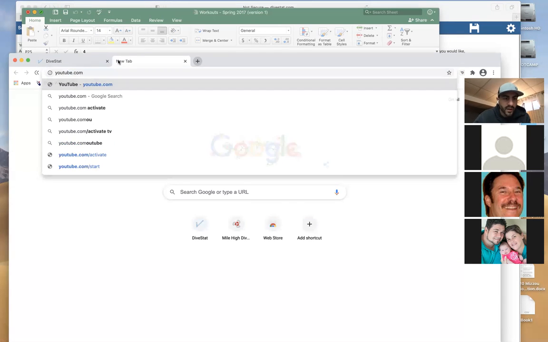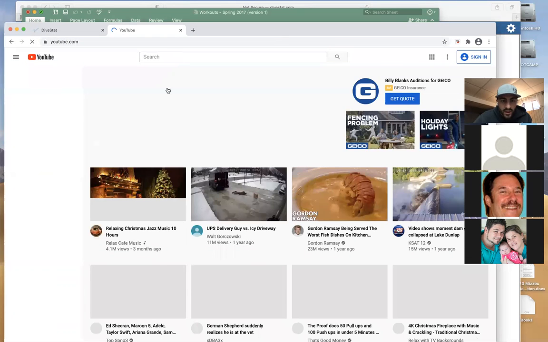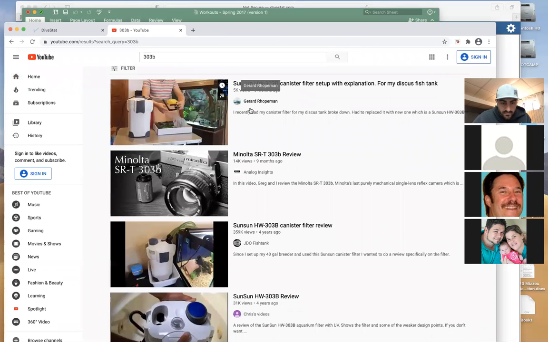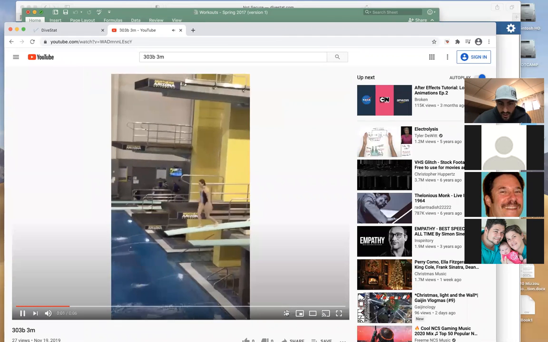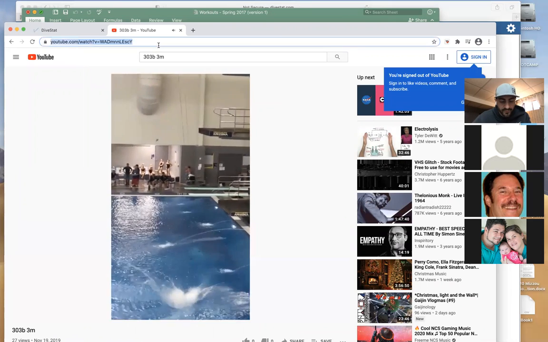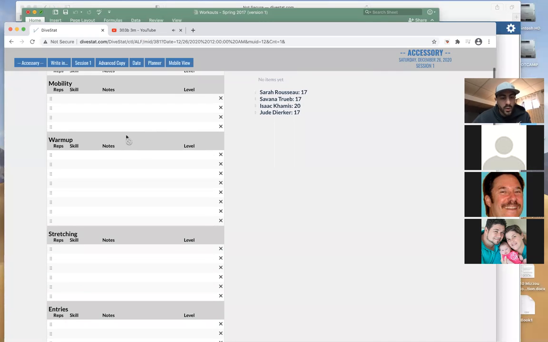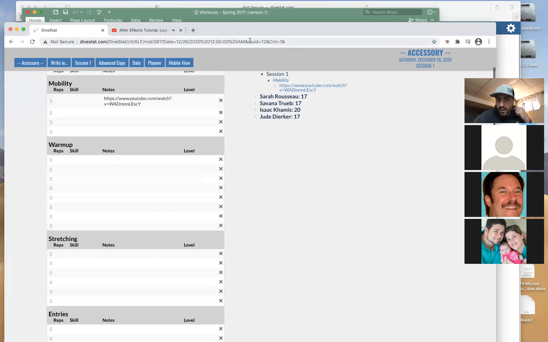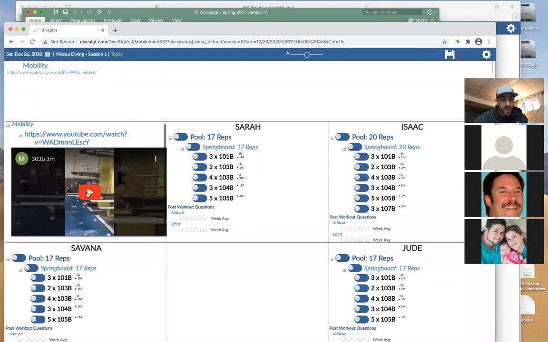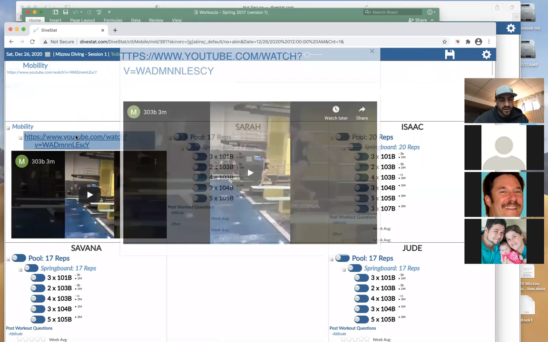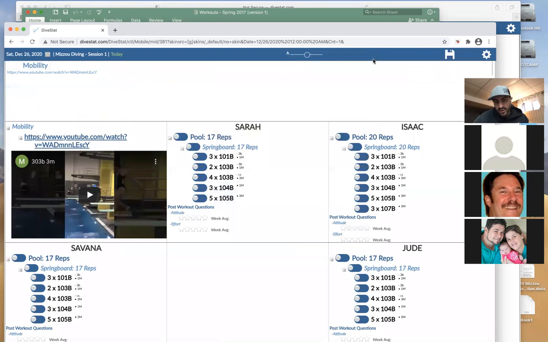is if you go to YouTube, you can embed any YouTube video inside the workout. You can just copy the URL, and if you put it inside the notes section of the workout, it will automatically embed it. Then they click it and it pops up. It shows up in the accessory like this, but if they click the link, it shows up a little bit bigger. So YouTube videos are currently the only thing supported,